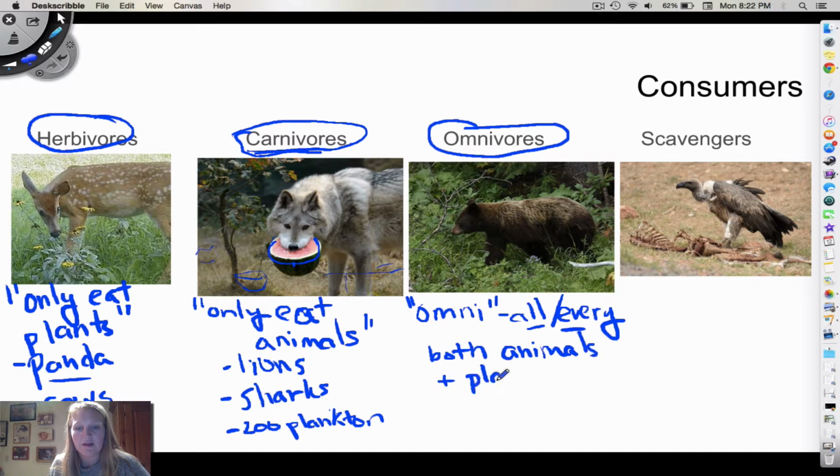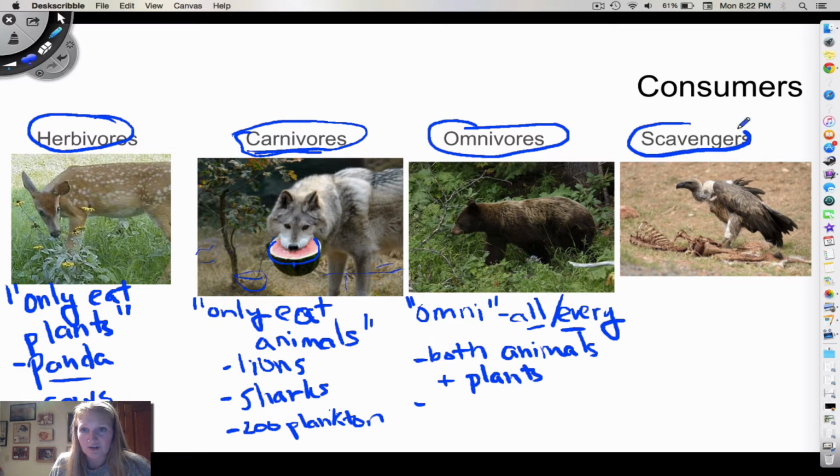And I have this bear here because, even though I have a very healthy fear of bears, they don't eat humans. They don't attack humans unless provoked. But they really prefer berries. They love berries, except when the salmon are running. So bears really like to eat salmon as well. It's very healthy for them, but also all those yummy berries that they can find. Okay, so that's an example of omnivores.